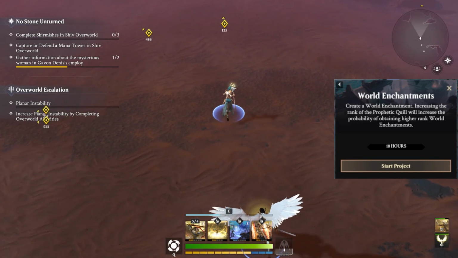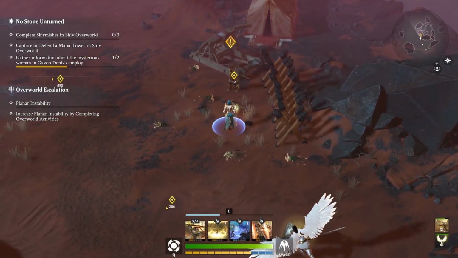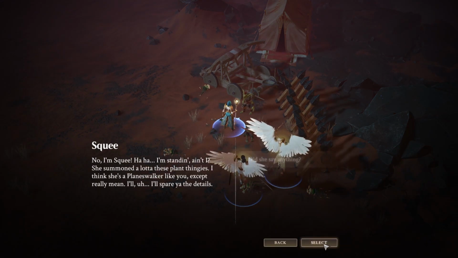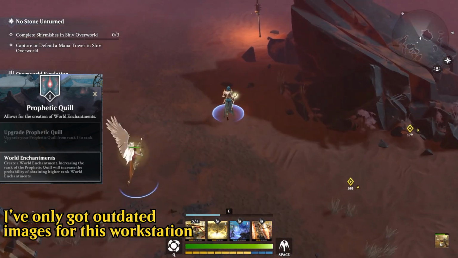through the guide segment, through the guide menu, and world enchantments can only be applied to hard, expert and master content. So far there are 27 world enchantments with 3 different tiers, but the devs will most likely continue adding more. And you can see at level 1 the Prophetic Quill gives you only the option to make world enchantments,